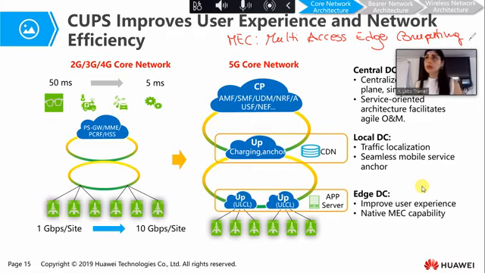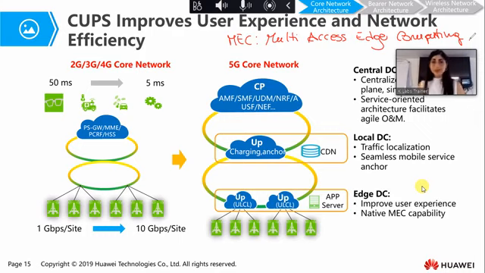And we can move only the user plane function because we need the low latency on the user plane. So it is not necessary to move all the functions of the core network closer to the access. We need to move only the user plane function. And with this separation and with the cloudification of the 5G core network, we can do it. We can implement the user plane function on a data center which is closer to the access.